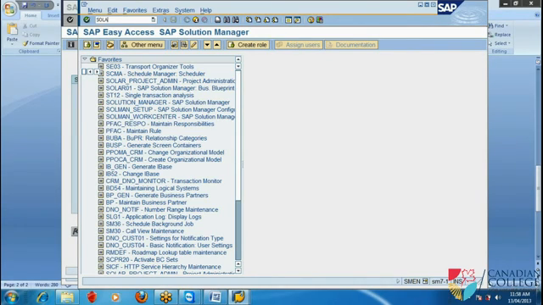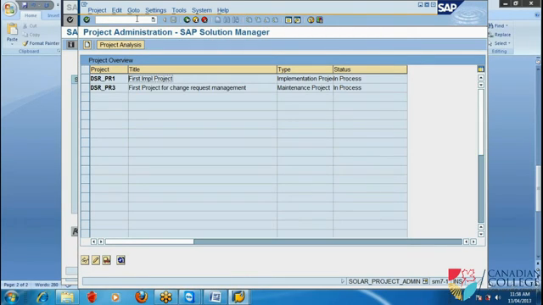SOLAR_PROJECT_ADMIN. To create a project, I use SOLAR_PROJECT_ADMIN. Anything I do in Solution Manager, most of the things, almost everything, we create a project for, right? For all activities. So there's a project already created, BSR, PR1, okay,